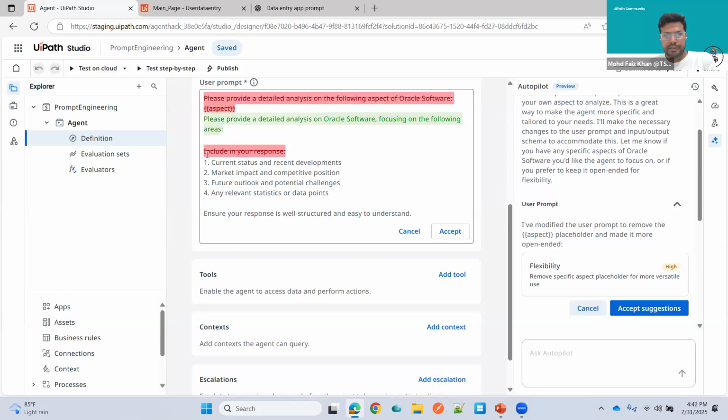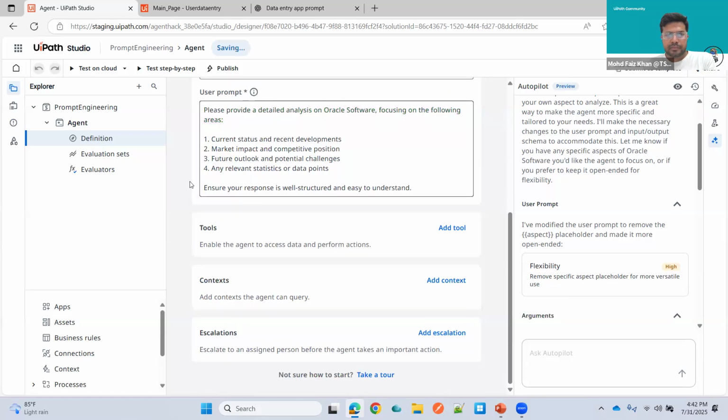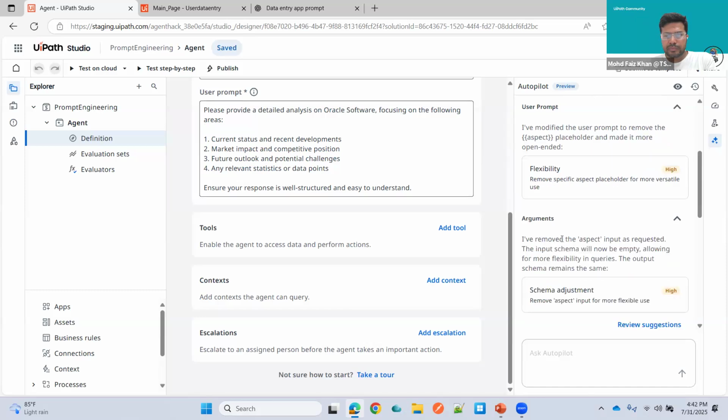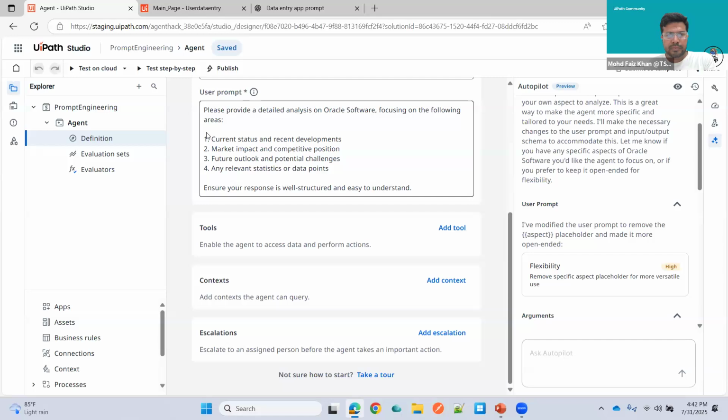Now click on yes. It will remove these things and it will replace them. Okay.